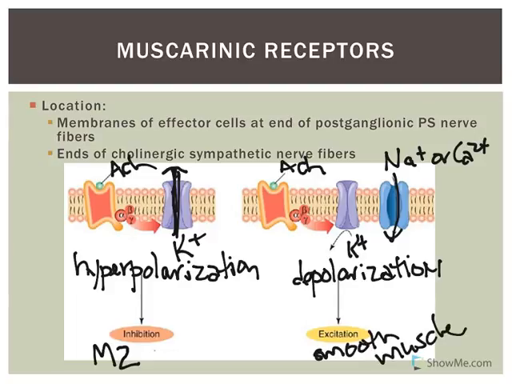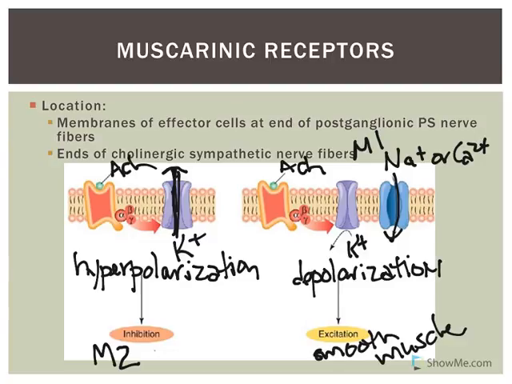Now there are multiple subtypes of muscarinic receptors. There's M1, M2, M3, M4. So I had previously mentioned, when we looked at the sympathetic nervous system, that there were cholinergic fibers that innervated sweat glands, and I had mentioned the specific type of receptor that was involved, because acetylcholine is released and it binds to a muscarinic receptor on the sweat glands. These ones were M1. Now M1, they will act via increasing calcium levels in the cell, via changes in IP3